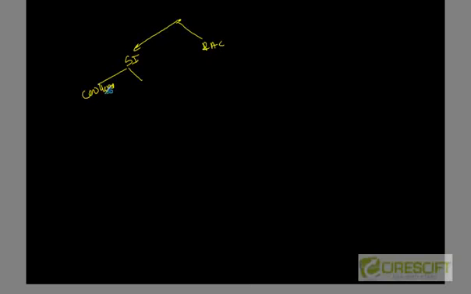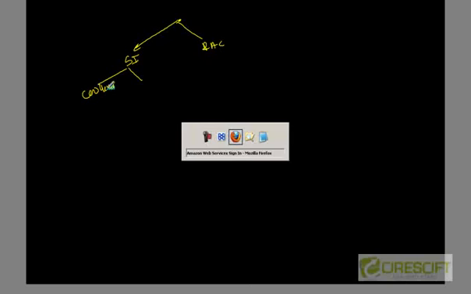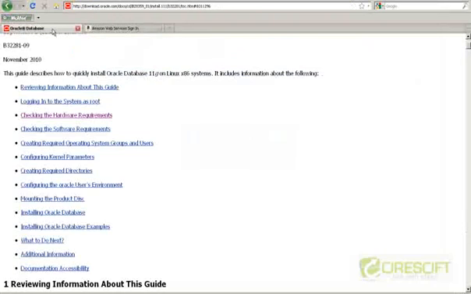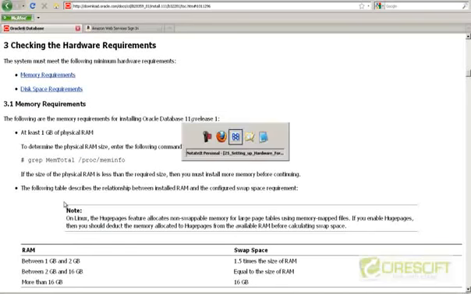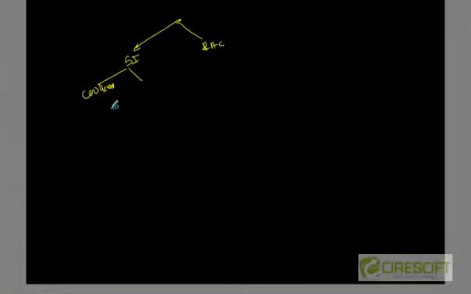All right. So just know that when we are installing Oracle database server, we must go there and read this document about checking the hardware requirements, that we need something like 1 GB of physical memory and a lot of other stuff. So it may happen that on your normal desktop you may not be able to install, or even if you have the capability to install, you'd like to have it in a bigger setup. All right. So that means you need a